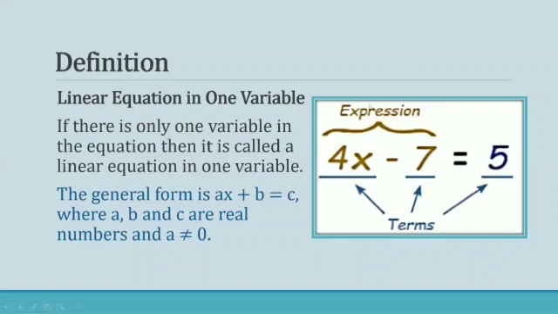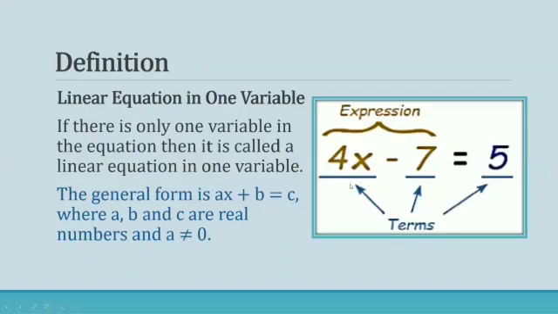In this figure, you can see that 4x minus 7 on the left hand side is the expression, and on the right hand side there is a constant number which is 5, and both are having an equality sign in between, so it is an equation. Now this equation is linear because highest power of x is 1 over here, and it is a linear equation in one variable because here there is only one variable, that is x. So 4x minus 7 is equal to 5 is the linear equation in one variable.